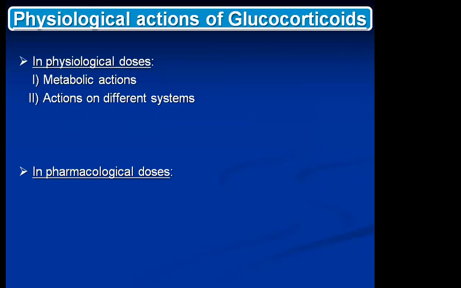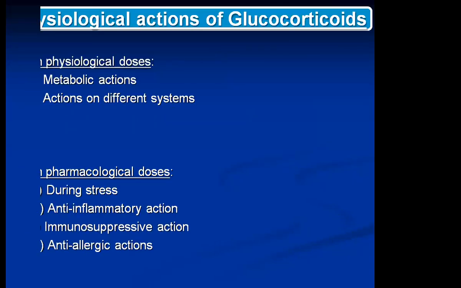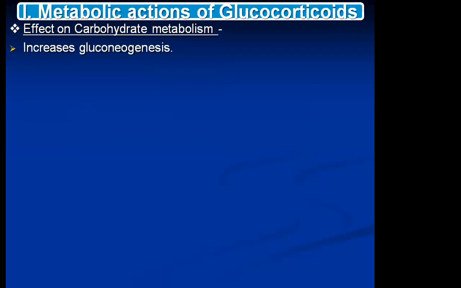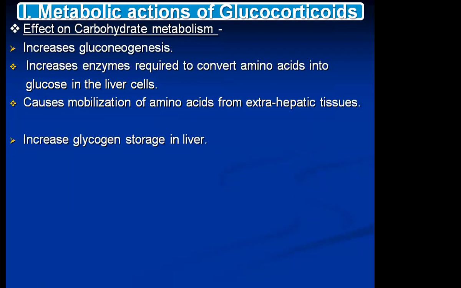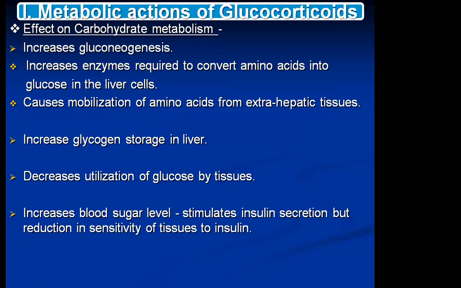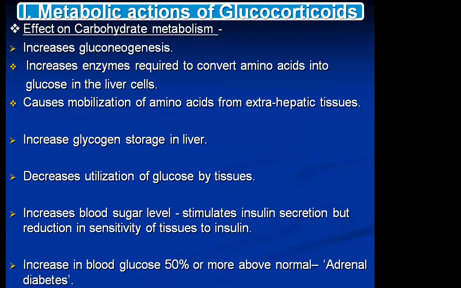Now, in physiological actions, and in pharmacological doses also, we had seen different actions of glucocorticoids. We had seen that the primary effect on carbohydrate metabolism was gluconeogenesis, also conversion of amino acids to glucose, mobilization of amino acids from extrahepatic tissue. There is an increase in the glycogen storage in the liver. There is decreased utilization of glucose by the tissues because of, say, insulin resistance,